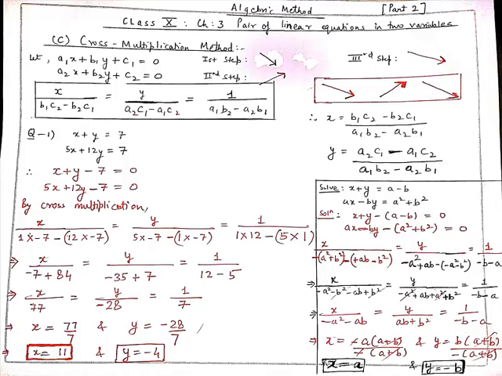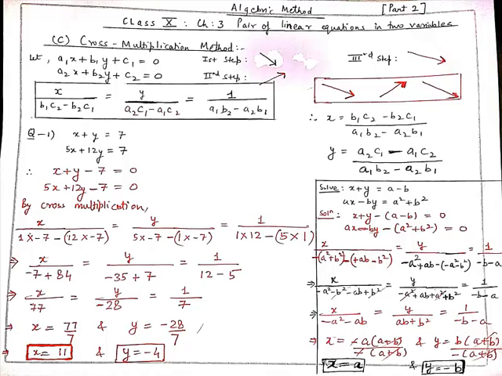As I have told you, our first step is to multiply upward to downward by hiding variable x from both the equations. We get x upon, what is the coefficient of y? 1. 1 into minus 7, then minus, and students, always apply a bracket after minus. So minus of 12 into minus 7, and this is equal to y upon, now we will multiply downward to upward. By hiding the y variable, we get y upon 5 into minus 7 and minus, again a bracket, 1 into minus 7, and this is equal to 1 upon, now hiding the constant term completely, and here we will multiply from upward to downward. So we get 1 into 12 minus, again a bracket, 5 into 1.